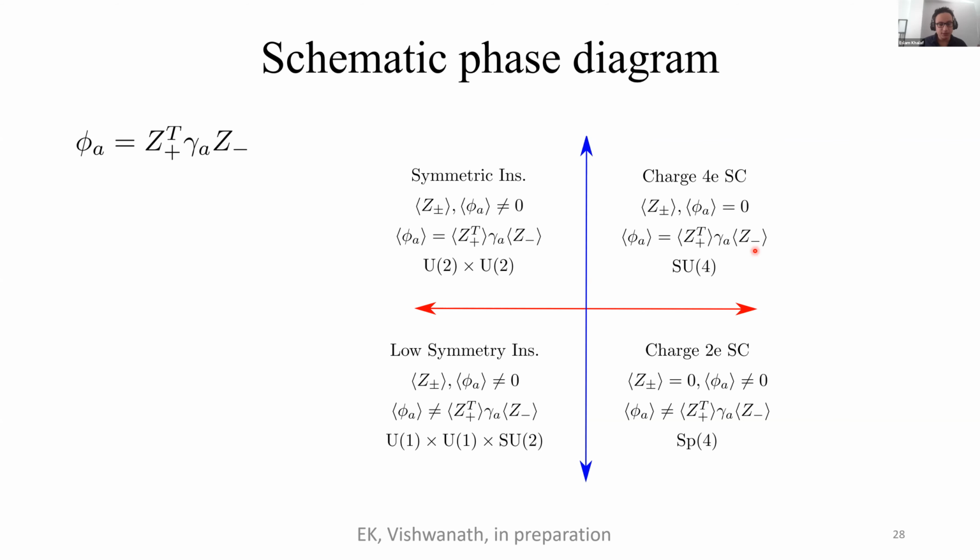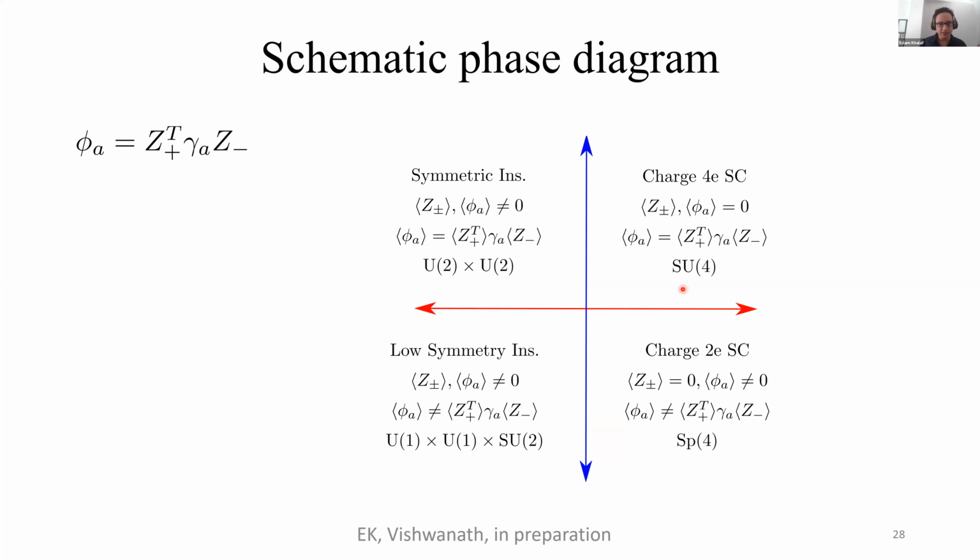And for the charge 4e superconductor, this z variable and the phi variable are just uncondensed. So this relationship is automatically satisfied, which means as we cross this boundary, nothing happens to this relationship, and what we have is uncondensing z. On the other hand, here, this relationship remains satisfied, and what happens is we uncondense z. So as we cross this boundary, we just uncondense z. As we cross this boundary, we just violate this relationship.